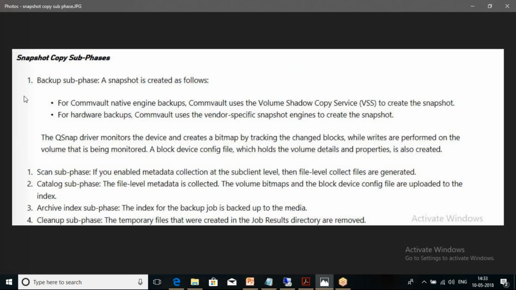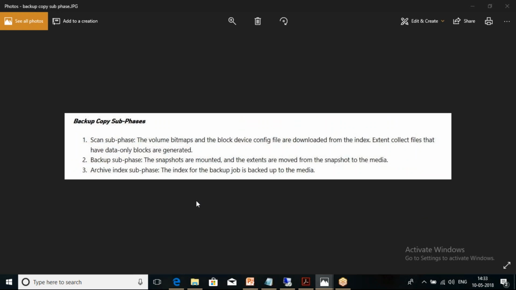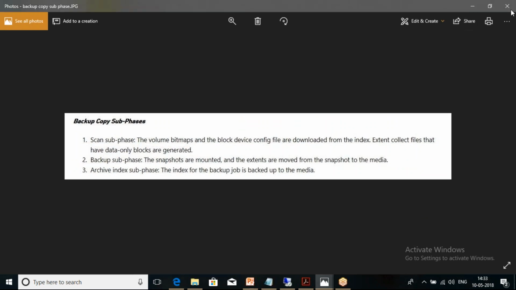Okay, so this is about your snapshot phase, the first phase which we are talking about as of now. The second phase that we have in the block level backup is called the backup copy phase. Over here, as you can see in this particular diagram, in the backup copy phase,